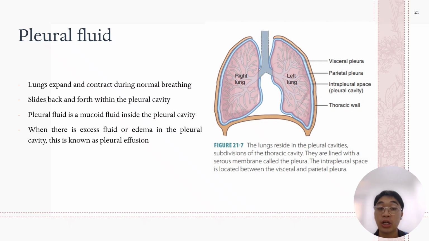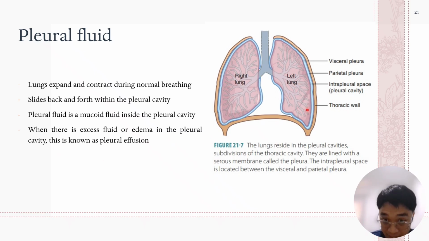Okay, so let us now talk about the pleural fluid. As I initially mentioned a while ago, the pleural fluid is important because it serves like a lubricant in order to facilitate the movement of the lungs back and forth within the pleural cavity. The pleural fluid is a mucoid fluid inside the pleural cavity. And when there is excess fluid or there is edema in the pleural cavity, this later becomes a pleural